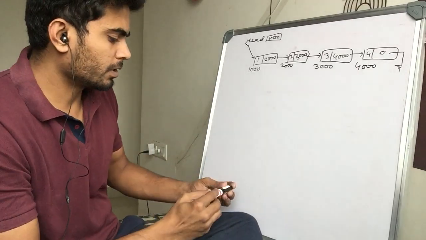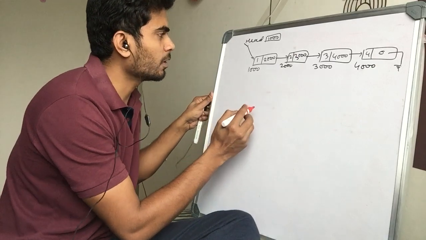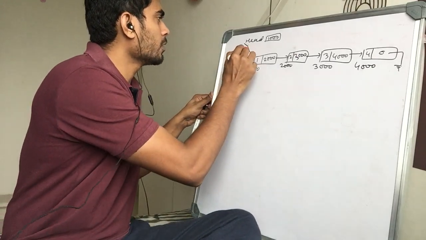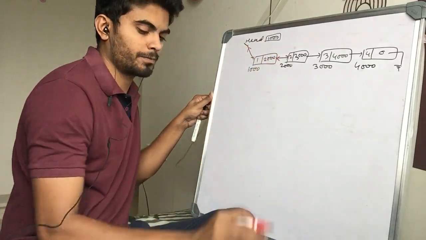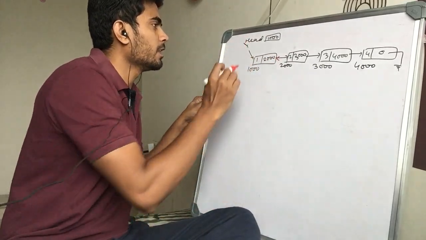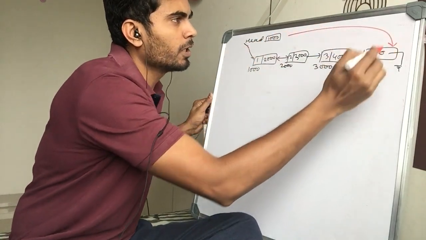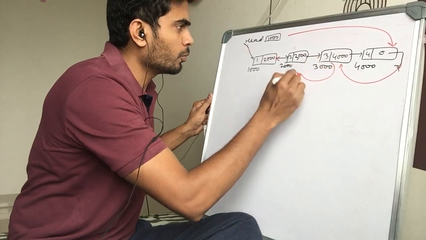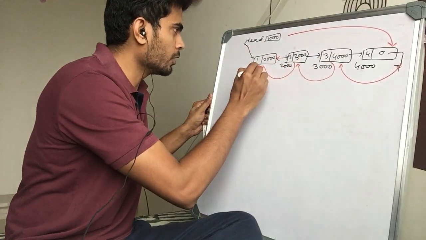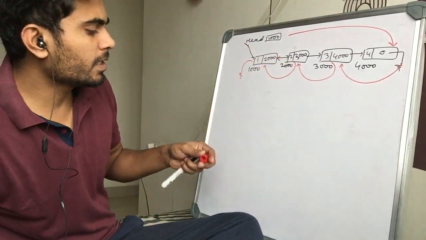Now we want to reverse it. How will we reverse it? In case of reversal, you will just do this operation. The head, which is right now pointing to this, should point to this node. This shouldn't be null. This should point to this node, and this link should point to this node, and this should be null instead of pointing to this. Okay, so this is the idea.